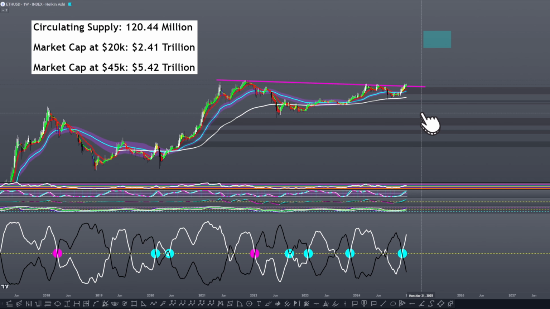And as I go on from here, going over these altcoins, you'll see these little text boxes with circulating supply market caps at certain price values. These represent my potential price targets heading into alt season, heading into the end of the entire crypto bull market, for Bitcoin, Ethereum, Cardano, and so on and so forth. And each of these little turquoise boxes represents the price range given at each of these price targets associated with the market cap.